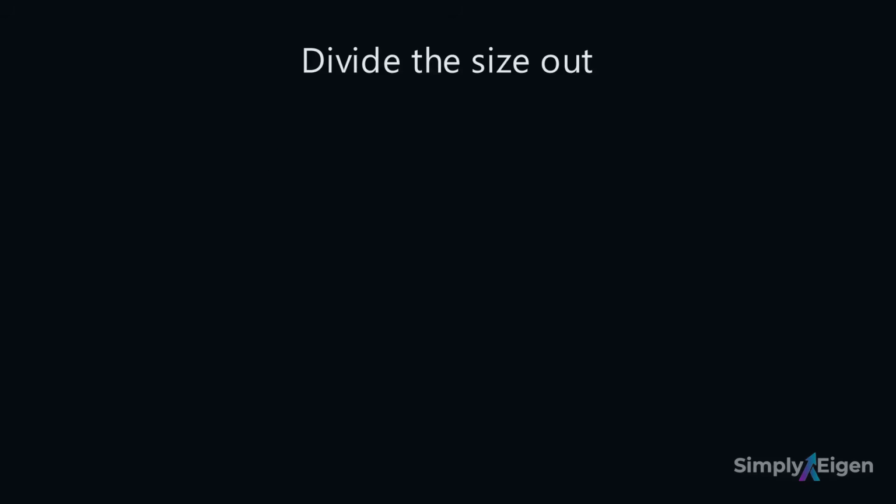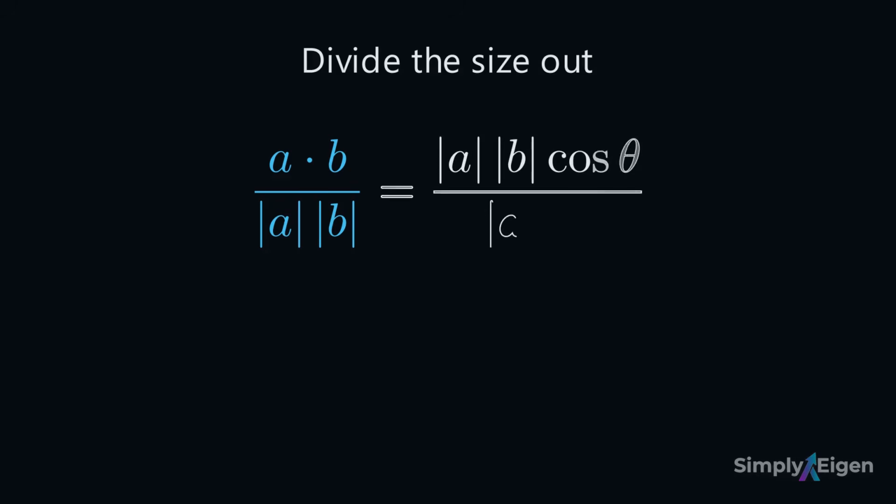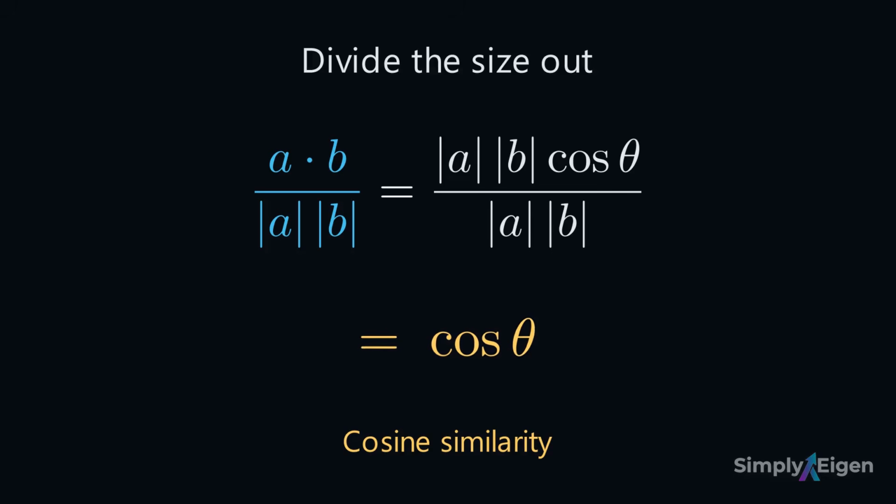So divide the size out. Take the dot product and divide it by the length of the first vector and the length of the second. Then look back at the identity and watch what survives. The lengths cancel on both sides. What is left is the cosine of the angle, and nothing else at all. That is cosine similarity. It is the dot product with the size removed, and the only thing it can still